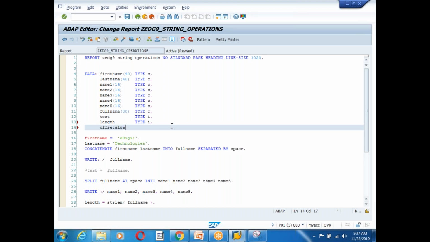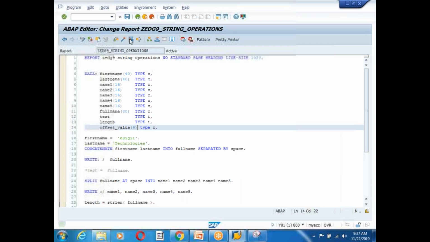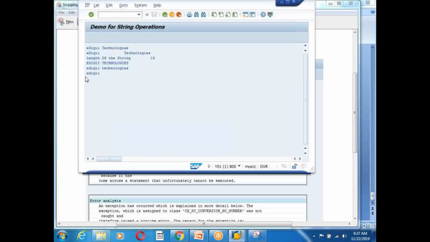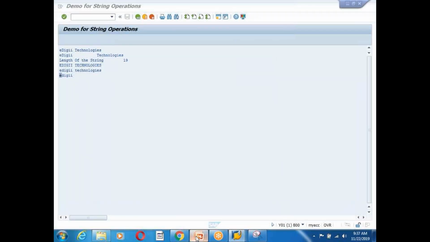Offset value, and it is of type character, guys. But if it is a character, I need to read how many characters? 6 characters. I will define that 6 is the length, and activate and execute. Now you can see the first 6 characters are EDZ, guys, and the next one is